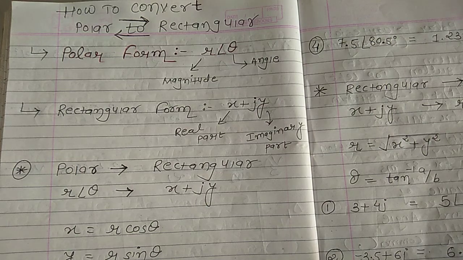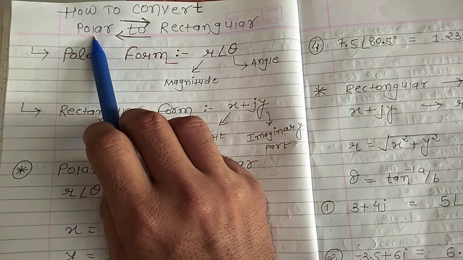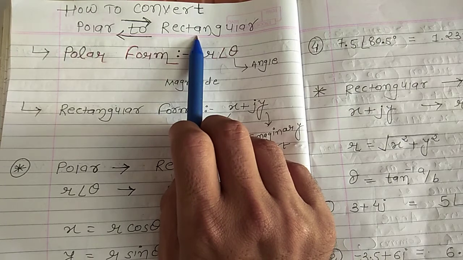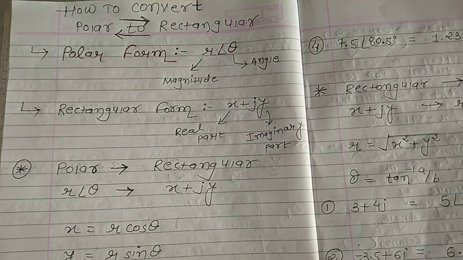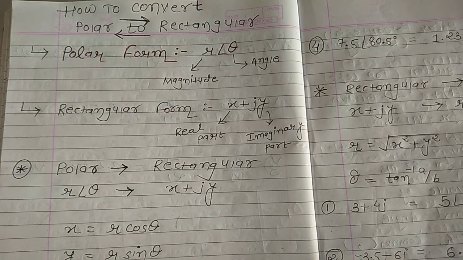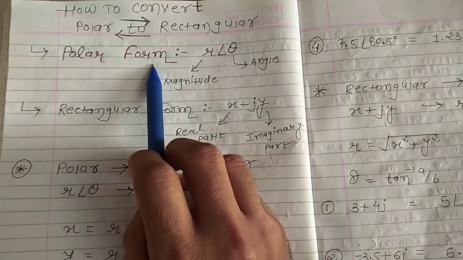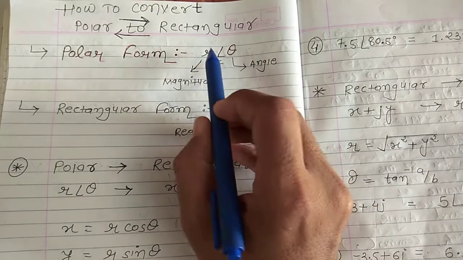In today's video lecture, I will teach you how to convert a given polar form into rectangular form and a given rectangular form into polar form. I will teach you this conversion in a scientific calculator. Clear? So we already know that the polar form is given in this way: r at